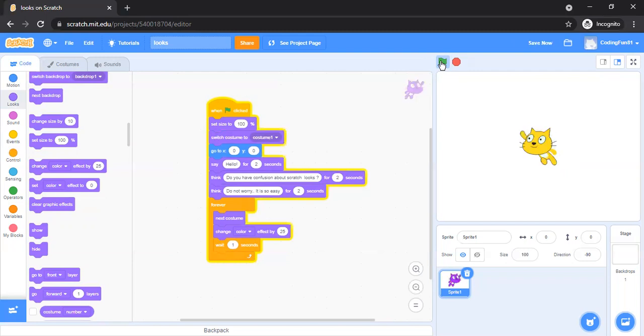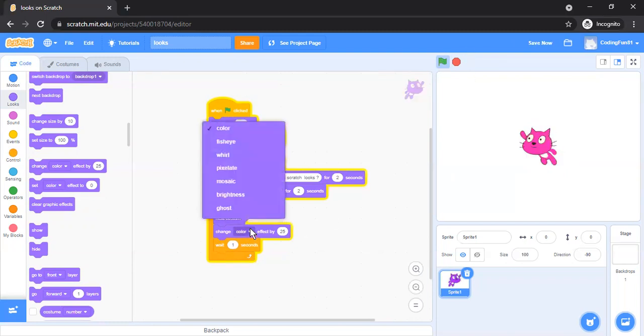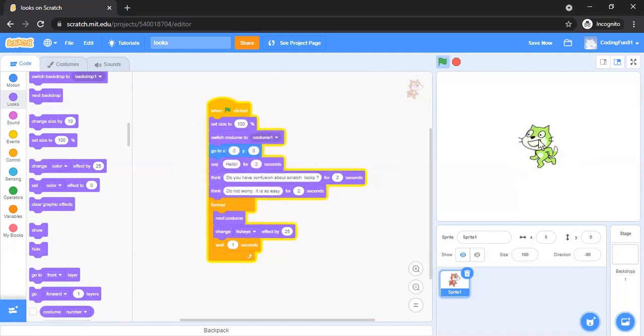So keep on changing the color. So this is change color. Let me show you here from fisheye, and now see what is happening with your sprite. Oh my god, what is happening with it?